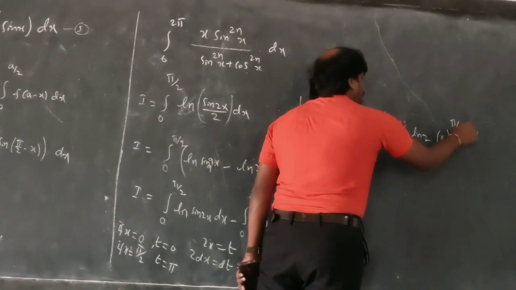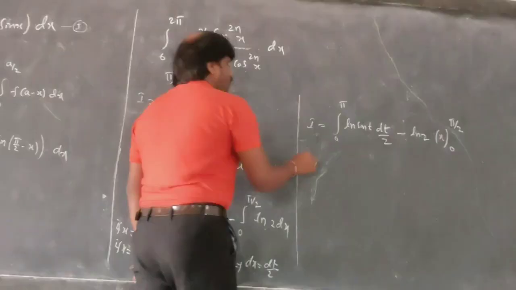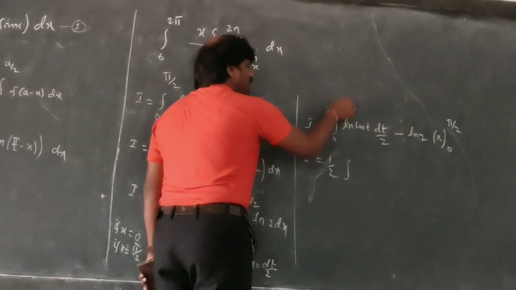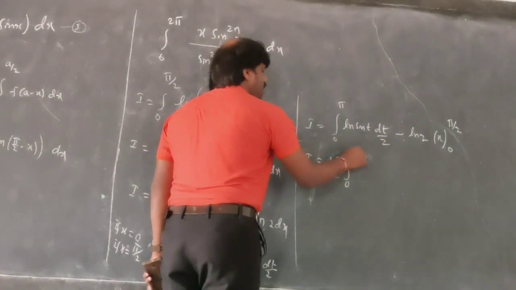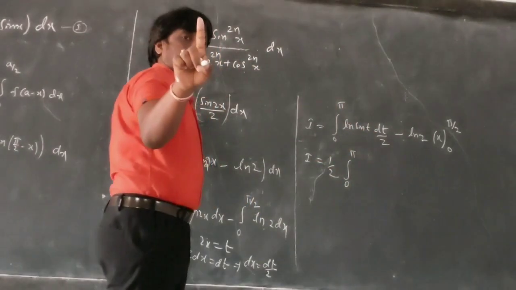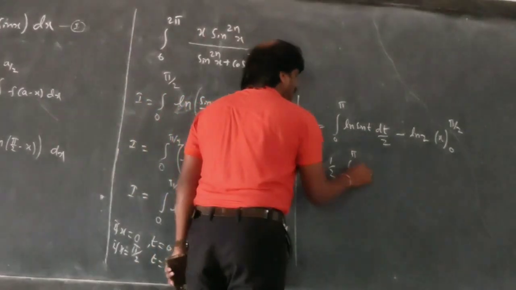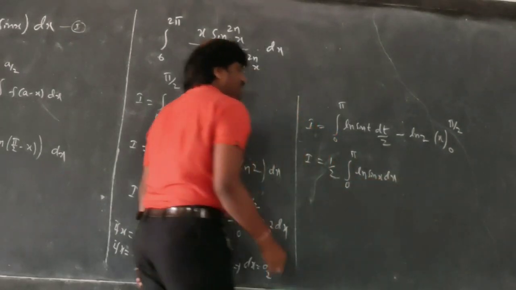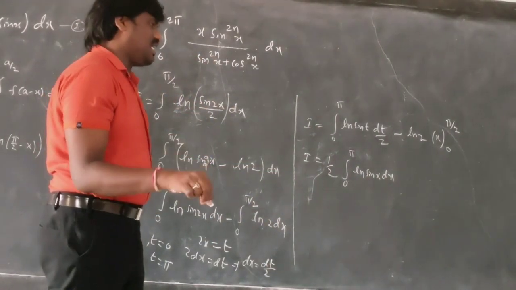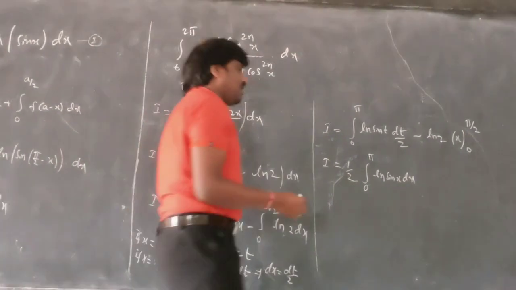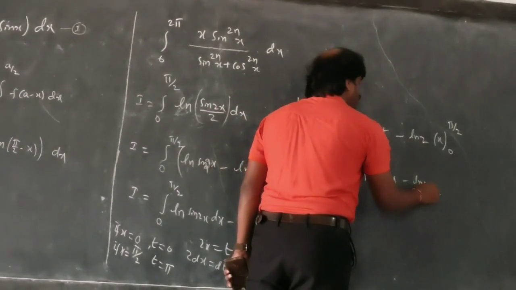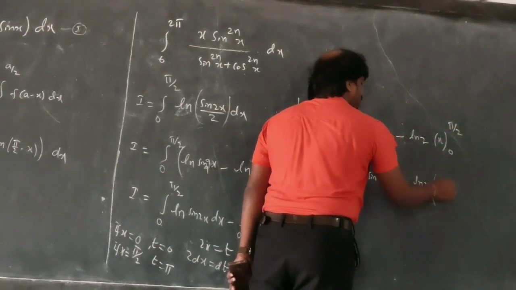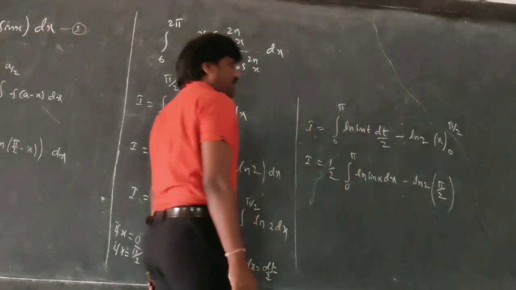I can substitute the upper limit and lower limit. Now what I am going to get here, 1 by 2 I will take out, I will get 0 to pi. Using the first property, the first principle, I can write this as ln sin x dx. Even ln sin t dt or ln sin x dx using the first principle is the same. Minus ln 2 and integration, applying pi by 2 minus 0, which is pi by 2.